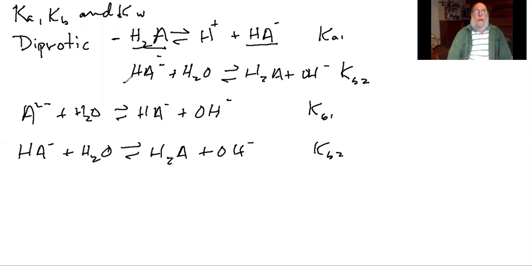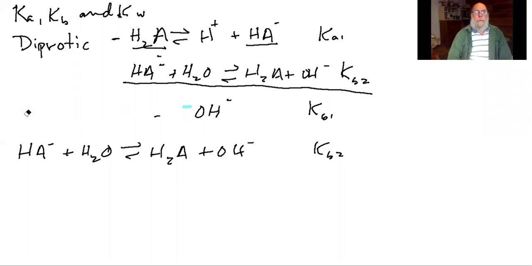All right, so if we add those together, I'm going to have to erase this again to get rid of it. So we add these together, and my HA minuses go away, my H2As go away, and we get